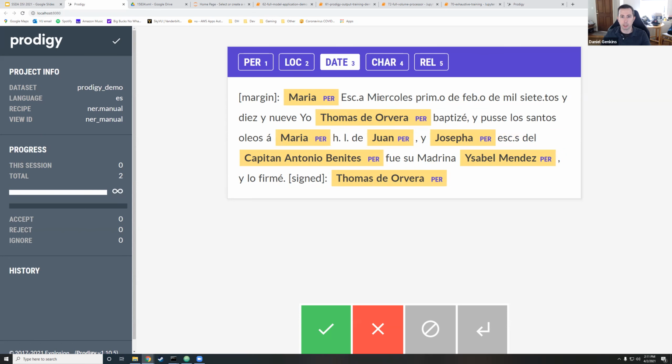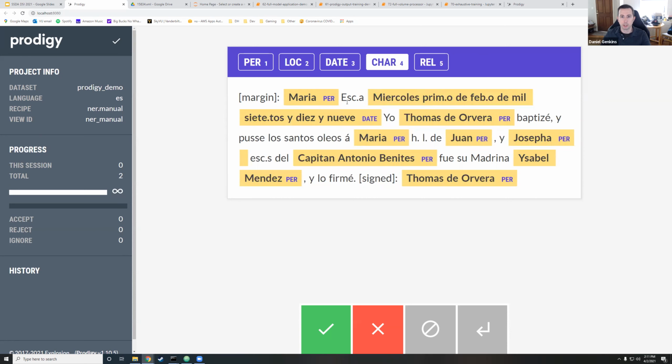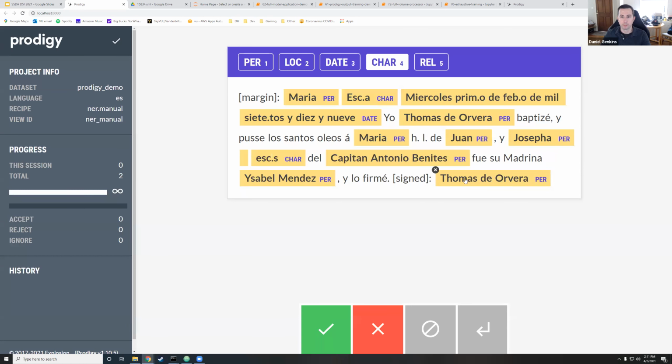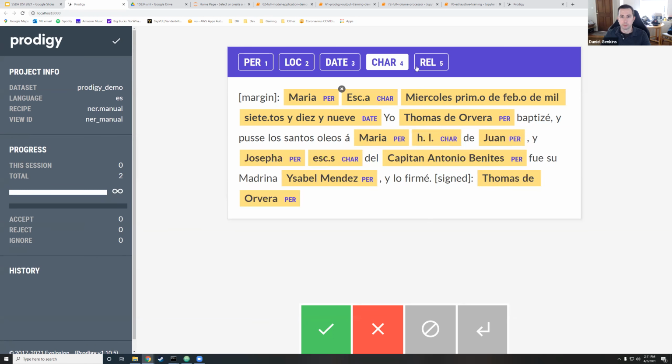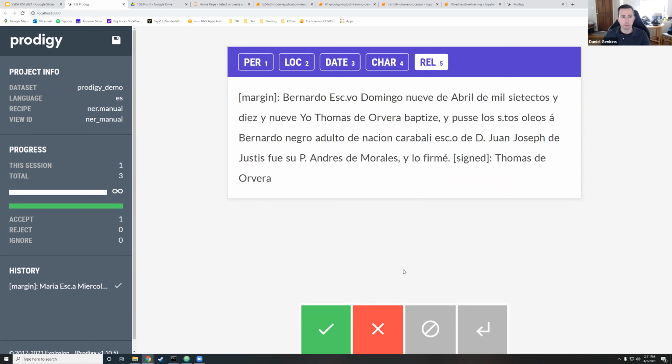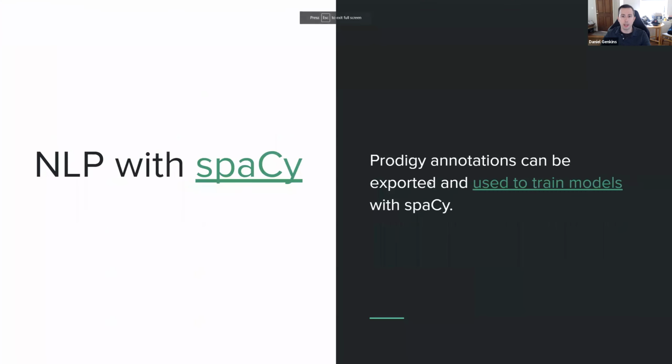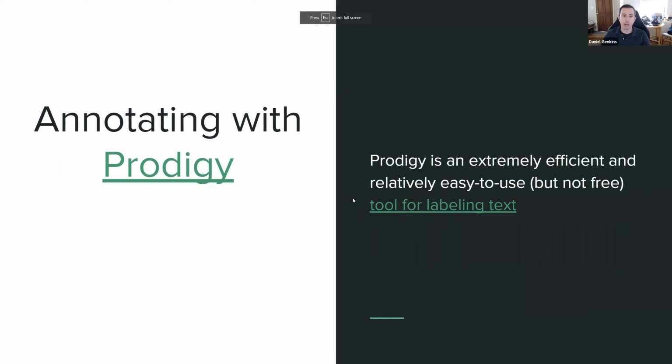I don't see any. Going to grab all the dates. Going to grab, this is just kind of our label for characteristic, just something about the person. And then any information about relationships, and we're done. So we processed that entry in 10 seconds or something. So even if we want to work through a few hundred, even a few thousand entries this way, it's really quick. And as soon as we've done that, we can output a JSON file right out of Prodigy